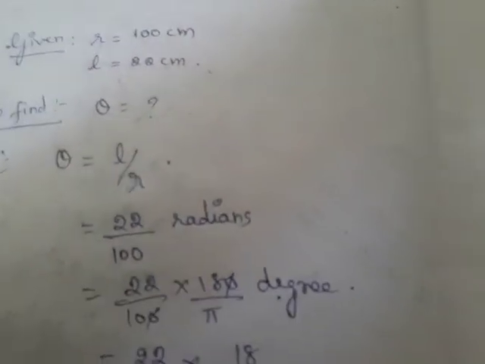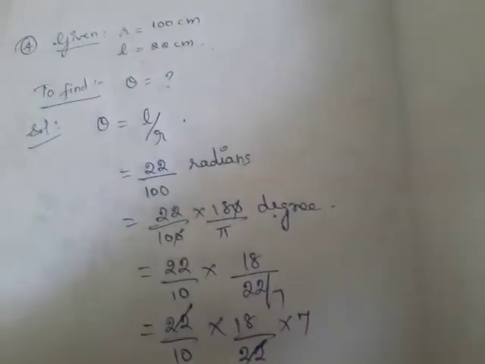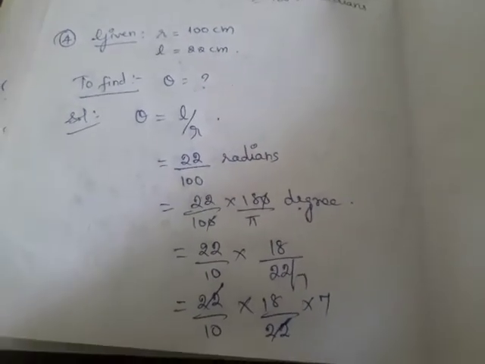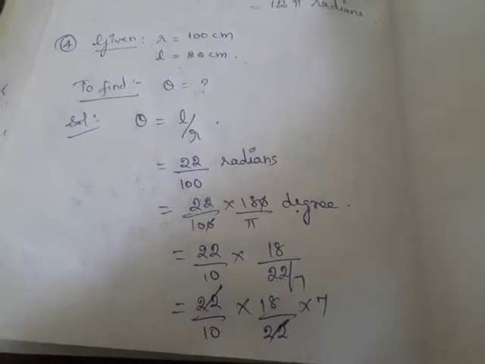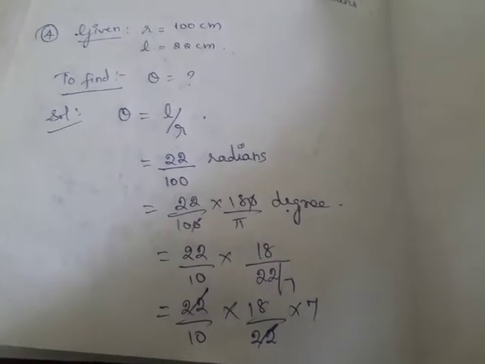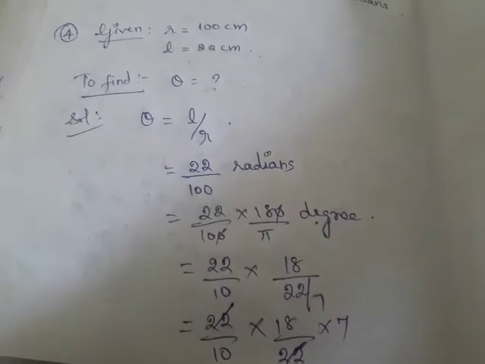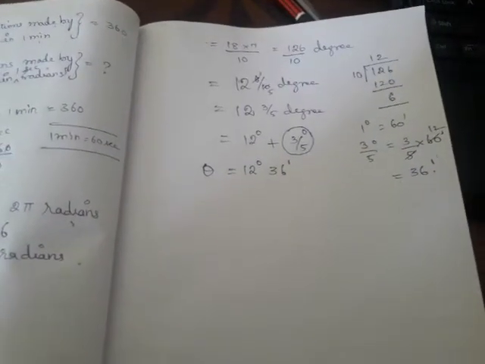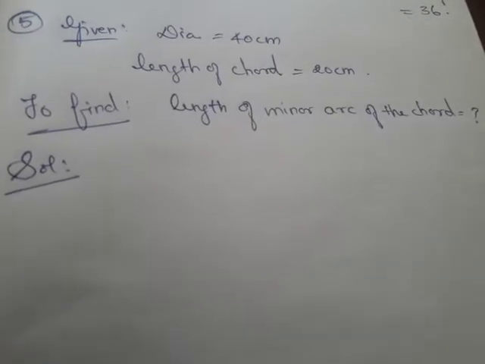Right? Hope you understood. So these are all simple calculations, simple manipulations, but the thing lies in how you are understanding the question. If they ask you to find it in radian, you have to leave it in radian. If they ask you to find it in degree, you have to convert it into degree. Right? Hope you understood this problem. Now let us solve the next problem.